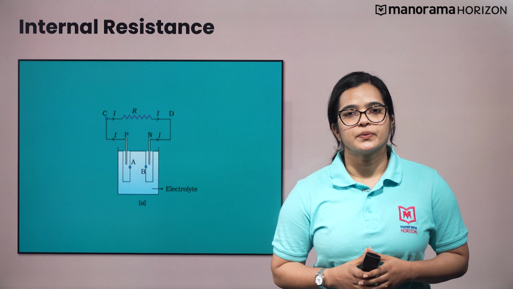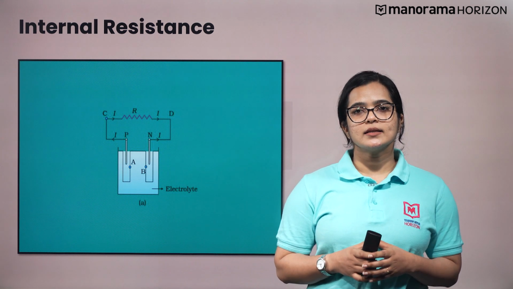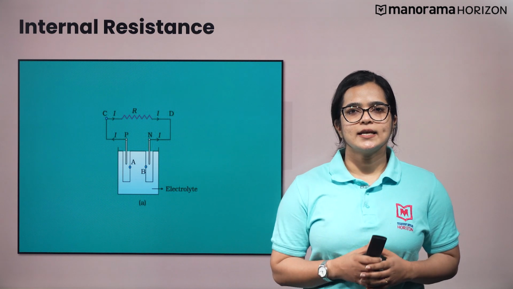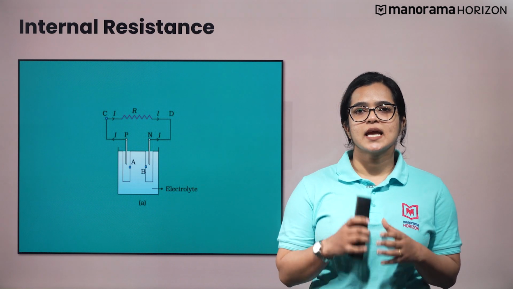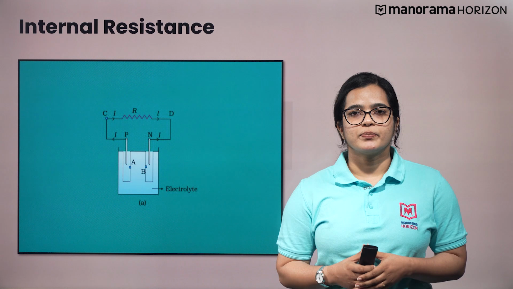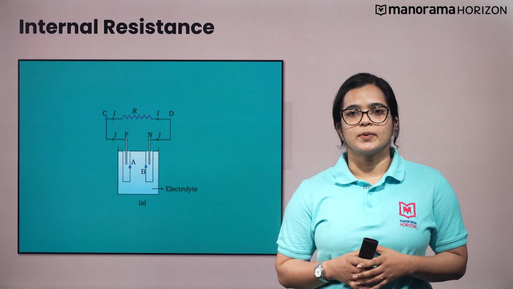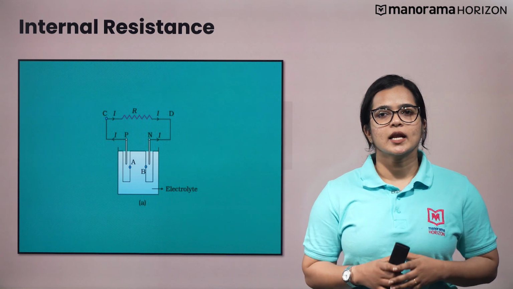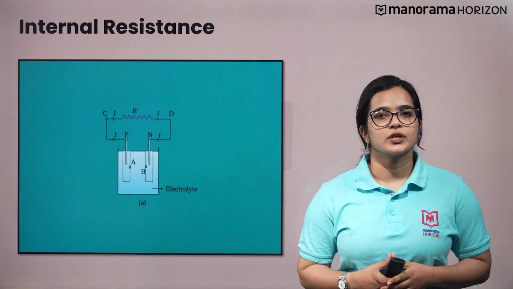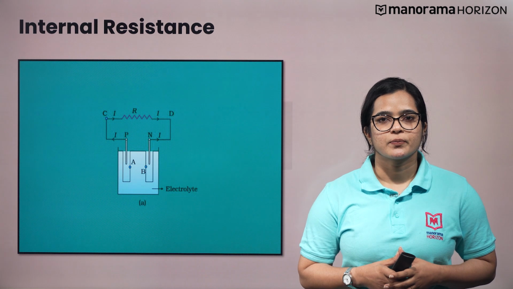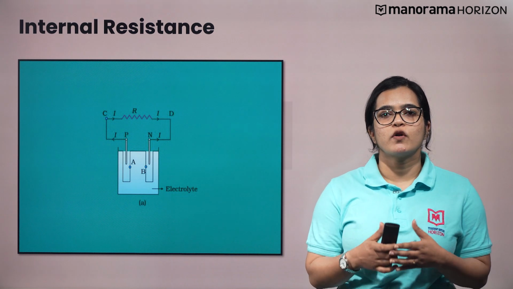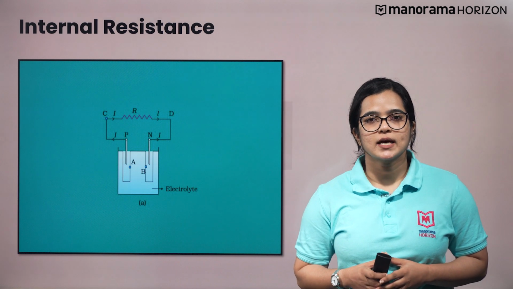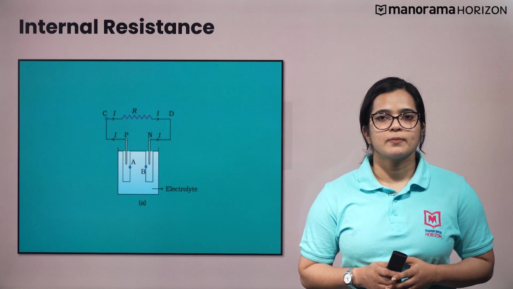If we look at the circuit in the electrolytic cell, the current in the circuit is flowing through the resistance from C to D. Clearly, the same current flows through the electrolyte from the negative terminal to the positive terminal, whereas through the resistance, it flows from P to N. So, the current through the cell is in the opposite direction to that of the external circuit. This therefore offers a hindrance to the flow of the current. Internal resistance is the opposition to the flow of the current by the cells, and that is denoted by small